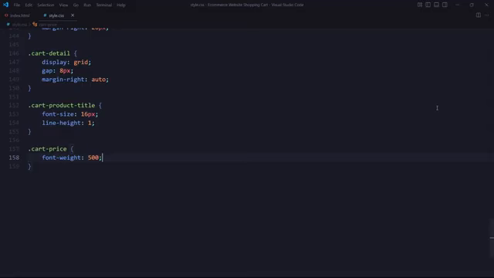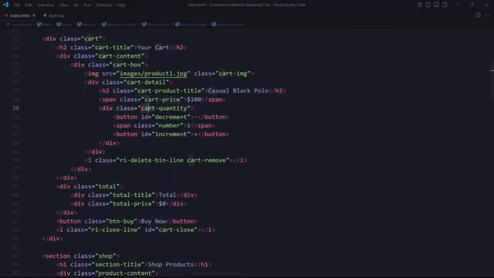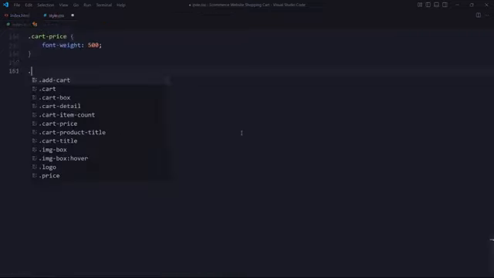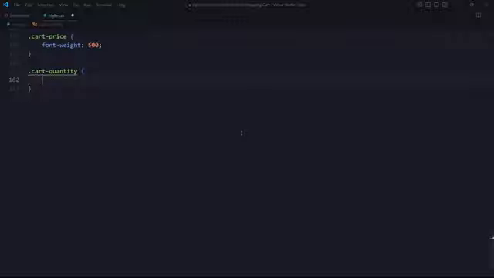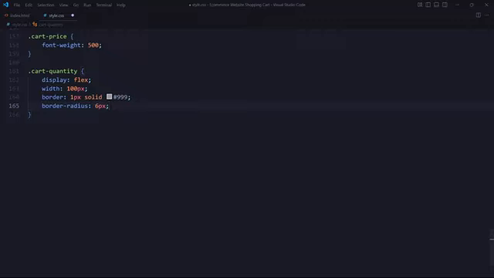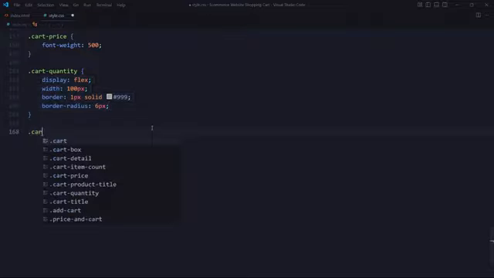Let's continue. For the element with the class cart quantity, we add the following properties. Display flex to arrange elements horizontally. Width 100 pixels to define the element width. Border to create a surrounding line for the element. Border radius 6 pixels to make the corners rounded. Next, for the buttons inside cart quantity,